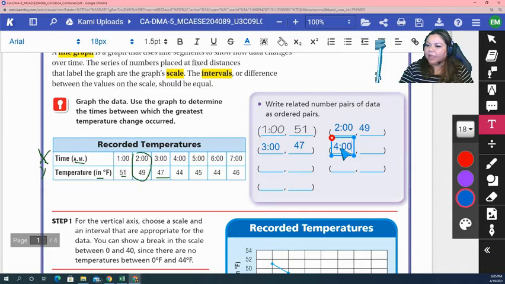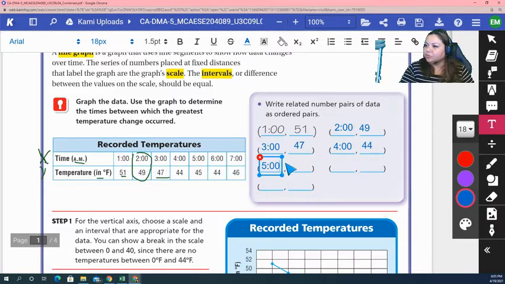So at 4 a.m., we had a temperature of 44 degrees Fahrenheit. Notice how I'm telling you what each number is telling us. Remember that the top is telling us the time and the second row is telling us the temperature. So now at 5 in the morning,